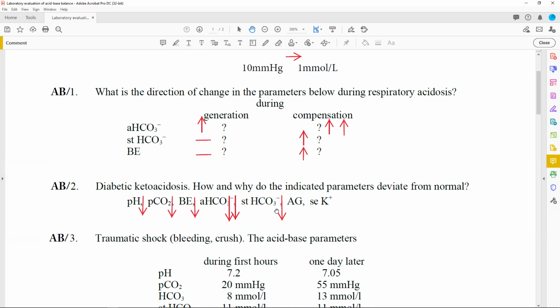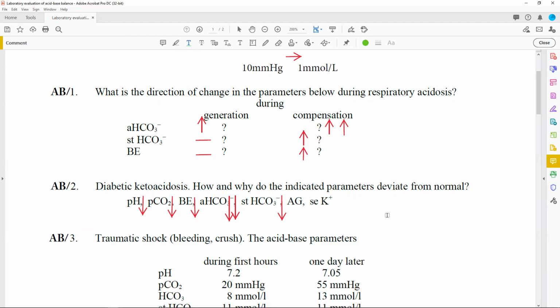Yeah. Okay. Now, what about an anion gap? An anion gap will be increased because of the increase in the amount of anions, the amount of acid. Now, an anion gap is used to specify the underlying cause of metabolic acidosis. If we do have an acid production, the proton is buffered by bicarbonate, this is why the bicarbonate will decrease, all right? So if you remember what an anion gap is